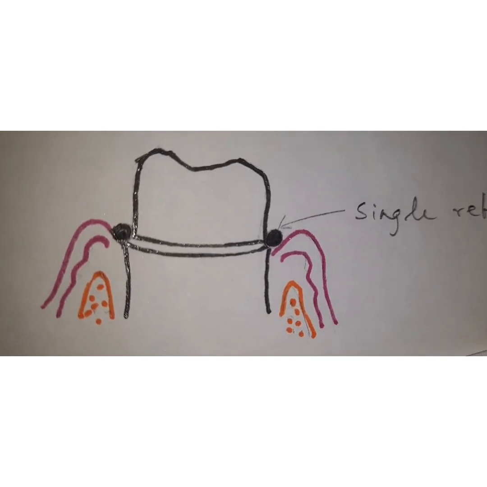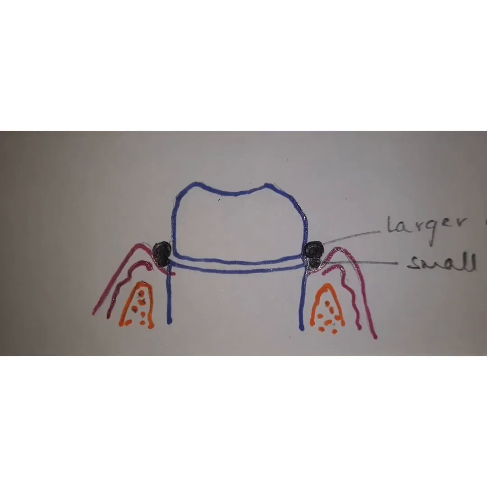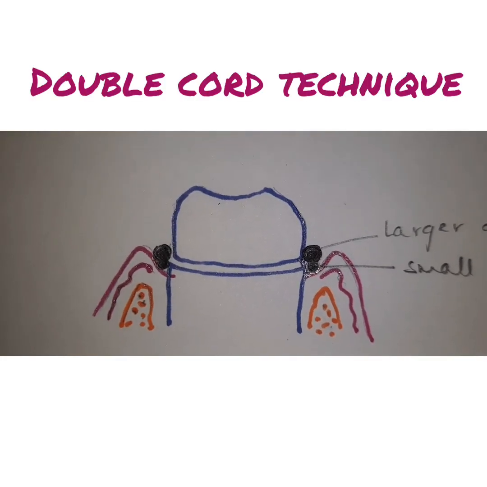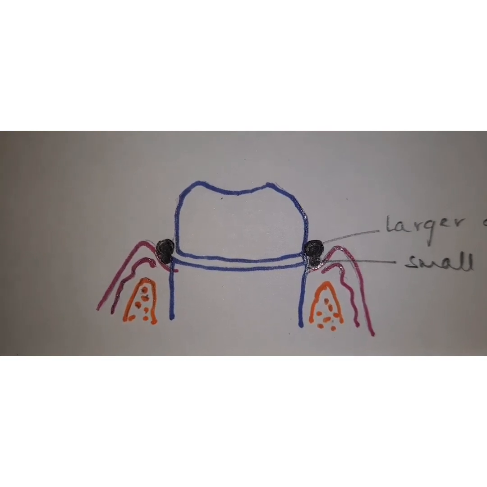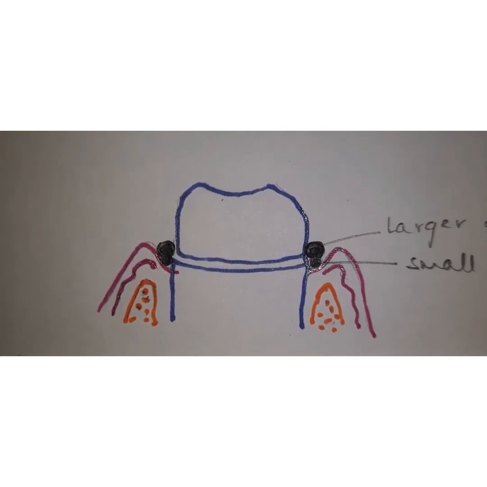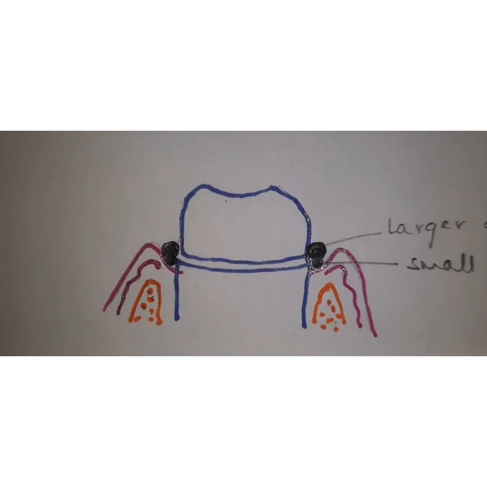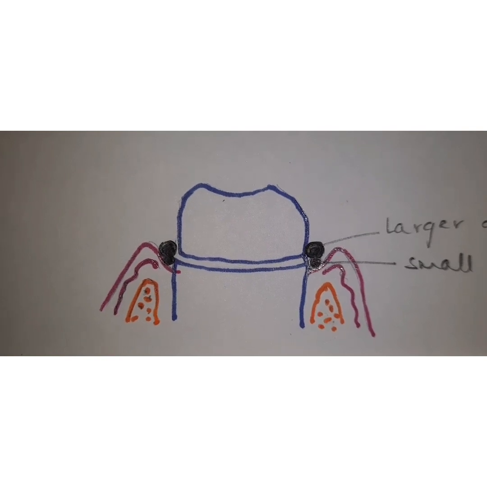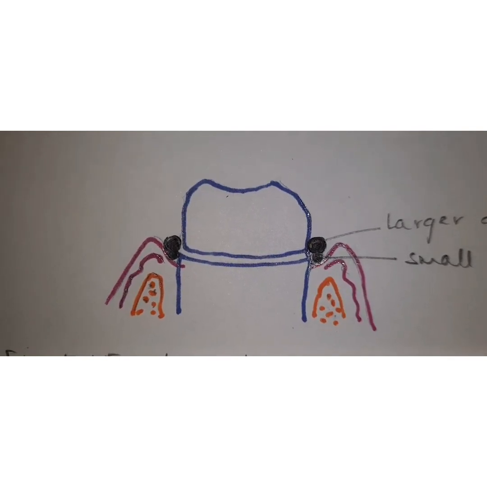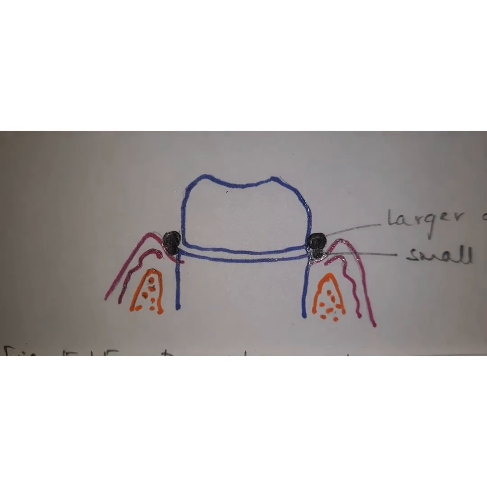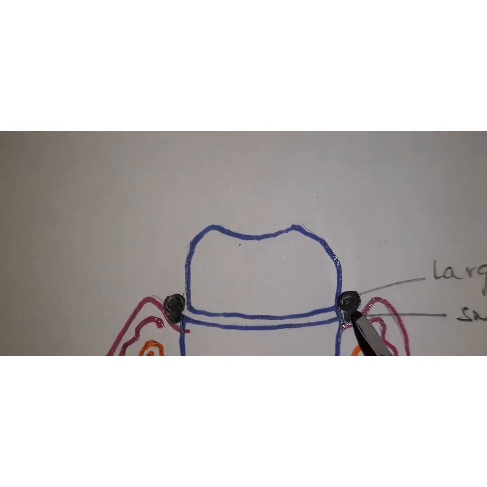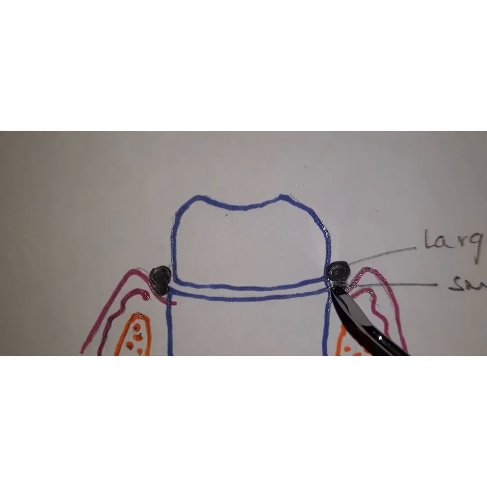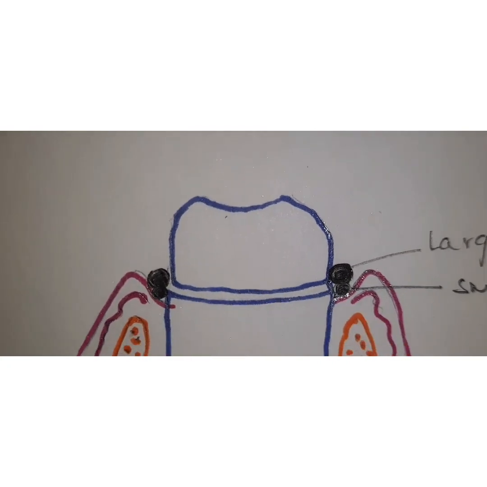Now the next technique is the double cord technique. The double cord technique is used during impression making of multiple prepared teeth or when tissue health is compromised. So you have periodontal tissues which are compromised. In those cases, you should use a double cord technique. Here you will place a small diameter cord in the sulcus such that the cut ends meet each other. So first we use a small diameter retraction cord, as you can see inside, and this should fit well into the gingival sulcus.